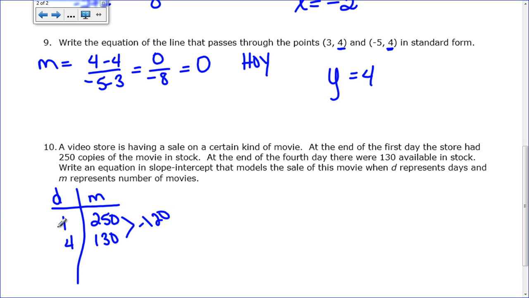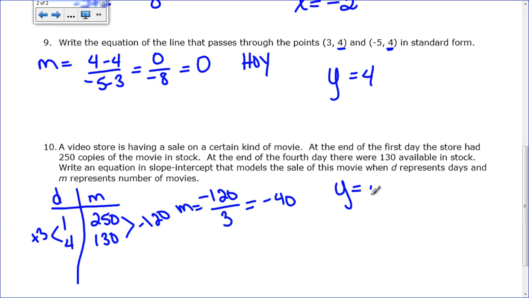And then my change from here to here is +3 because those got bigger. So my slope is -120 over 3. And when I simplify that, I get that my slope is -40. So I know my slope. What I don't know is how many movies there were on day 0, which is going to be my y-intercept. There's 2 ways to do this. I can use my table and the information I know about it changing and get there, or I can use my format,